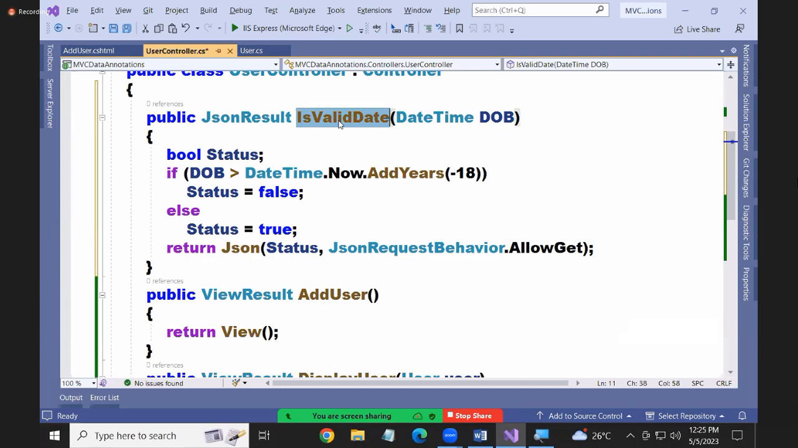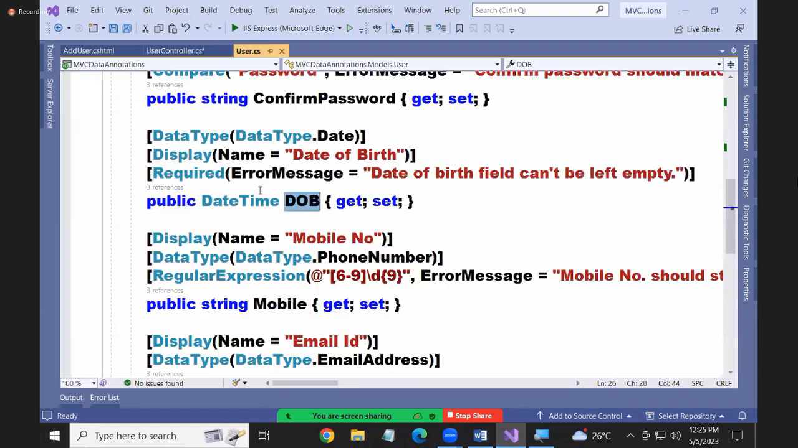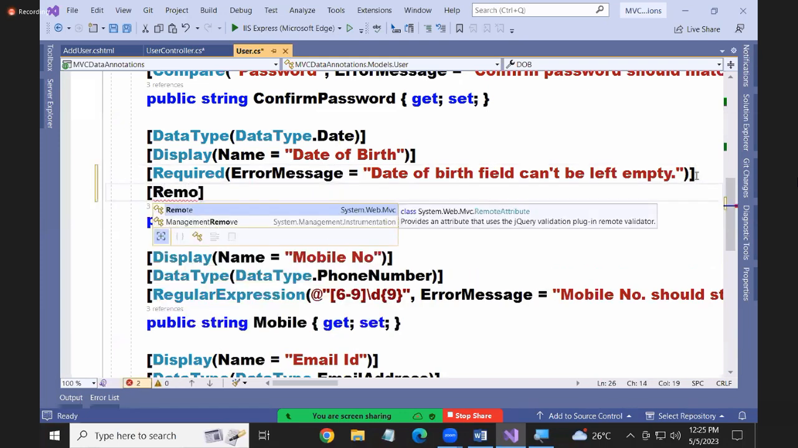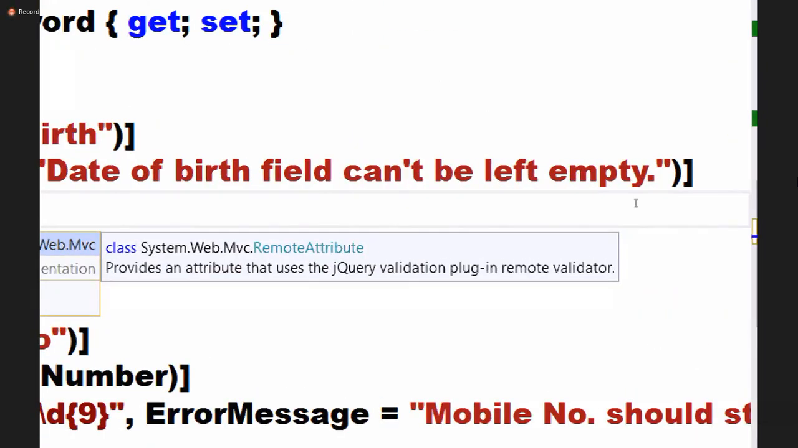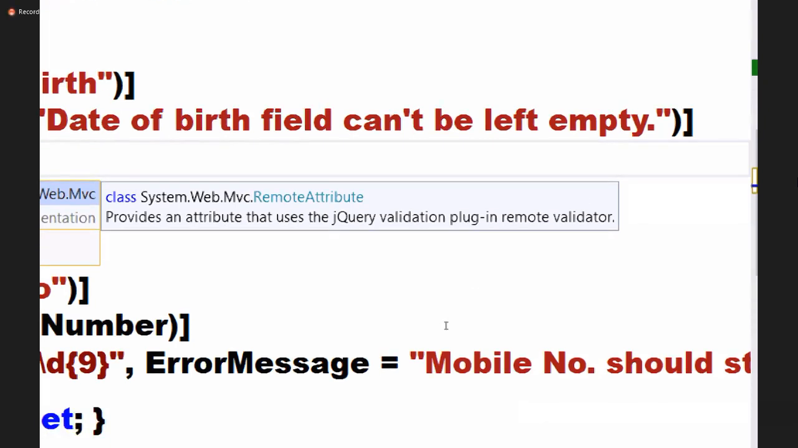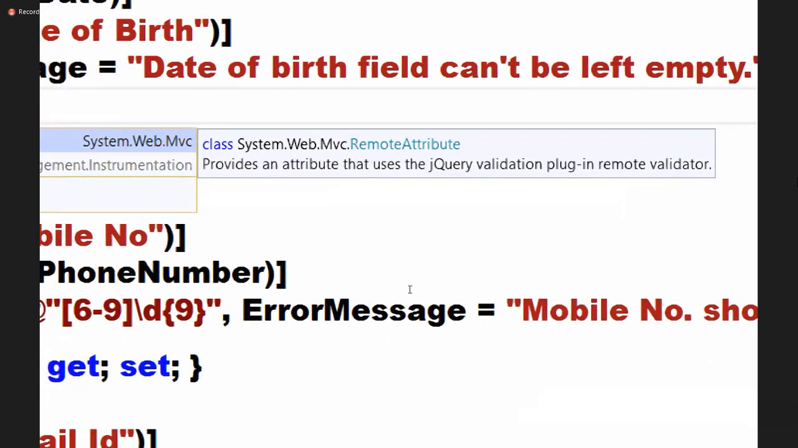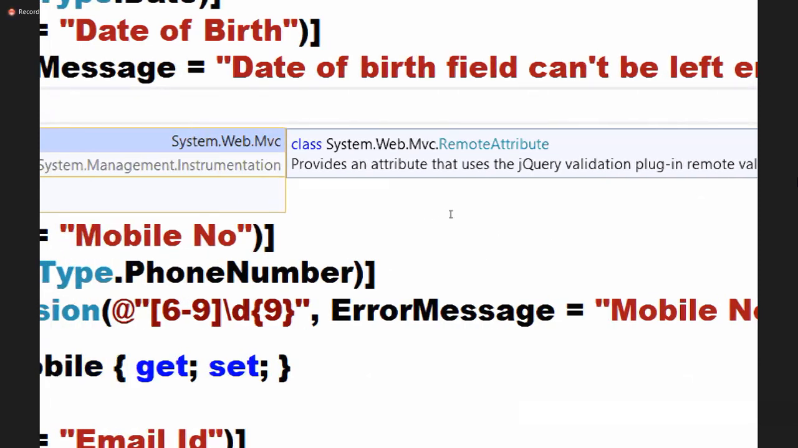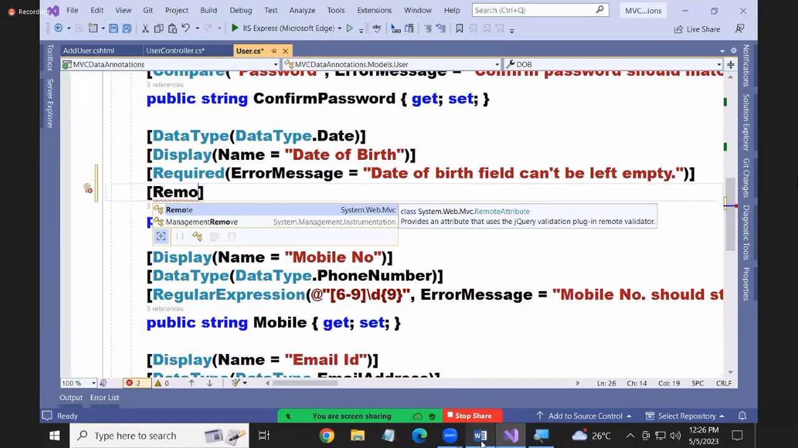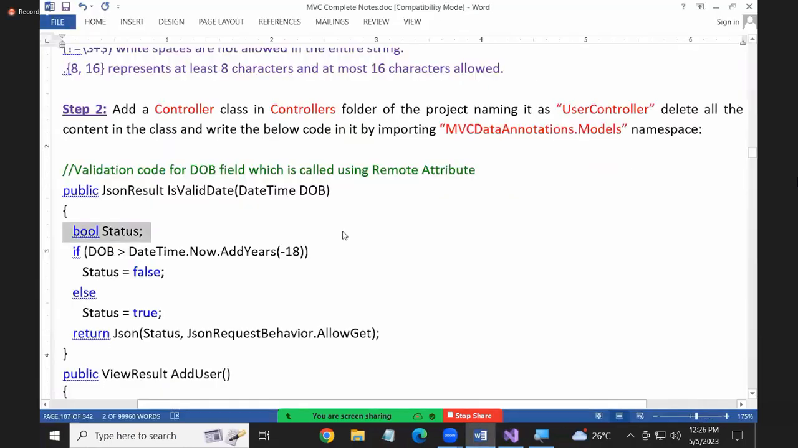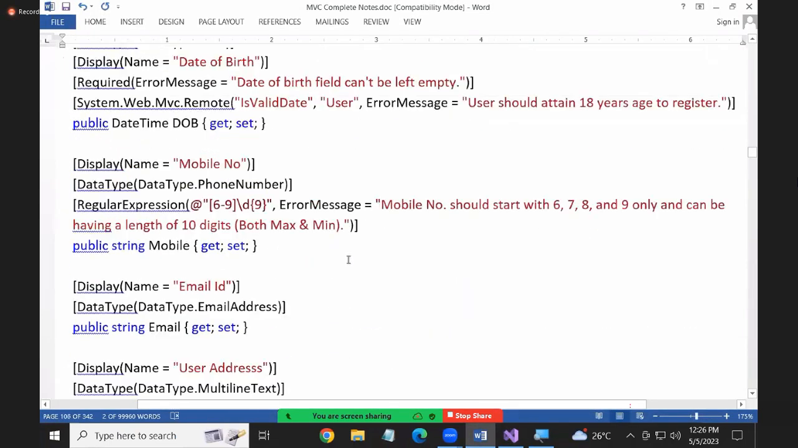It should be given to the remote attribute. How to give? Watch, guys. What is it? Remote. Actually, guys, I have a small problem now. There are two classes with the same name called Remote. One class is present in System.Web.Mvc.Remote. There's another class also called Remote here. The namespace name is